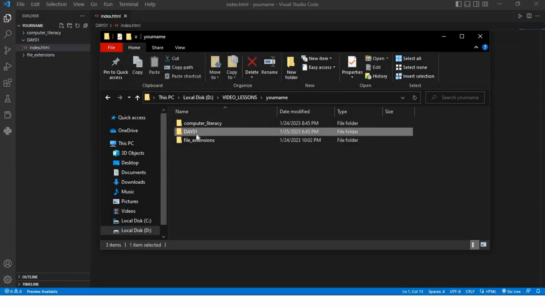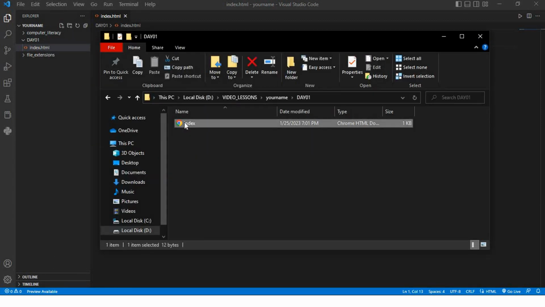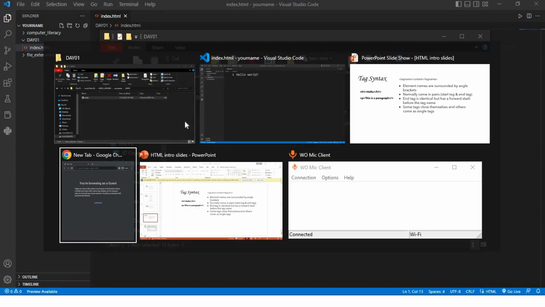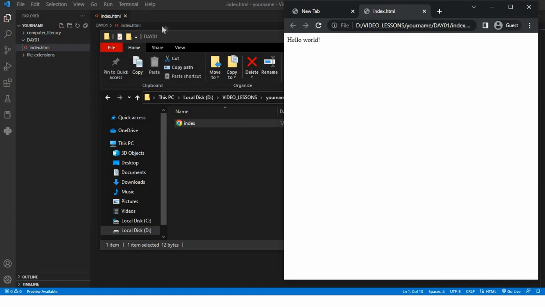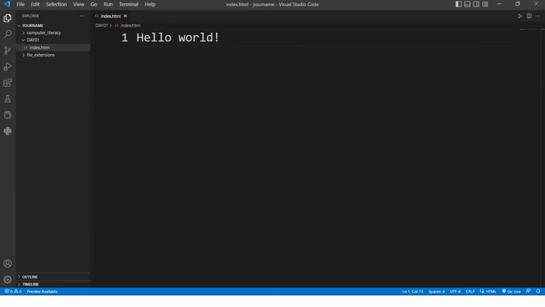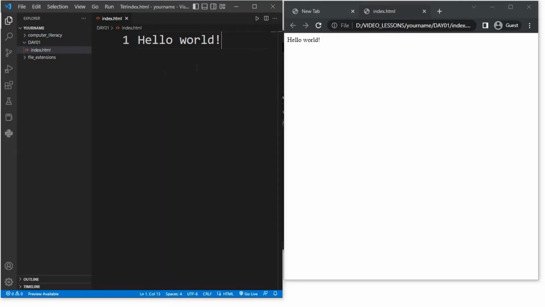So now we want to run that file. Let's fetch a browser. This is my browser here. Then I'm going to drag it inside there. Also I'm going to resize my Visual Studio so I can see them side by side. You can see that index.html is being displayed by this browser here, which is Google Chrome, and